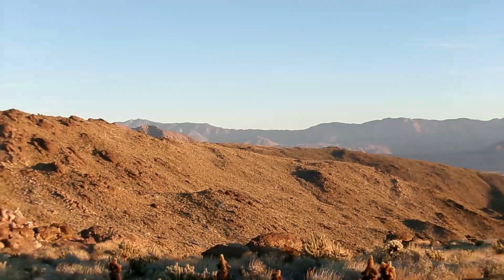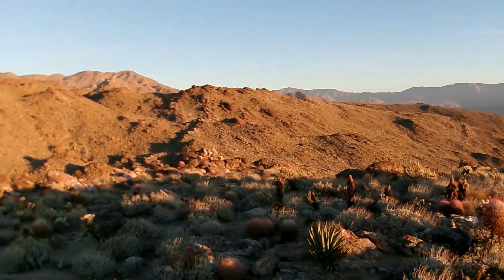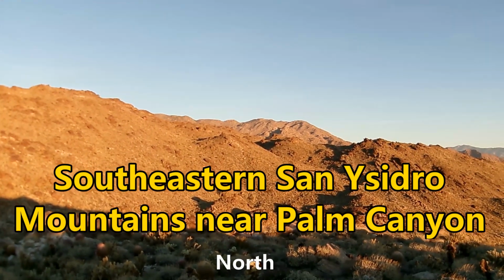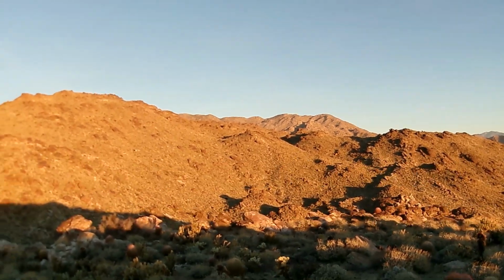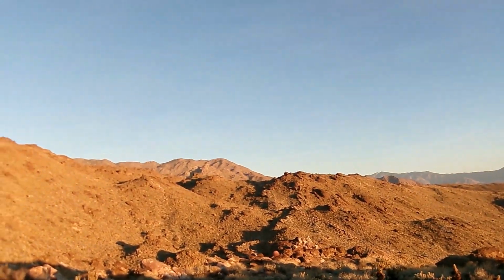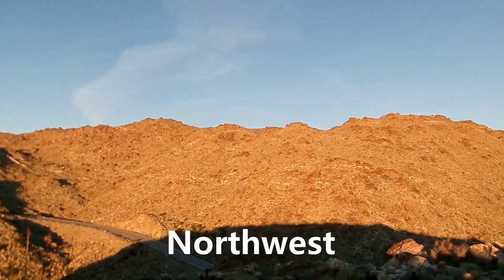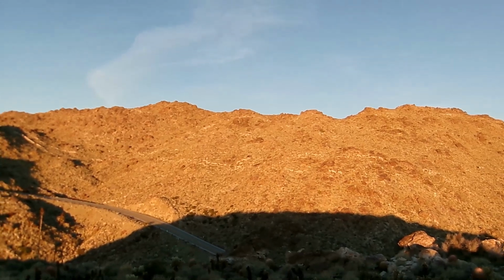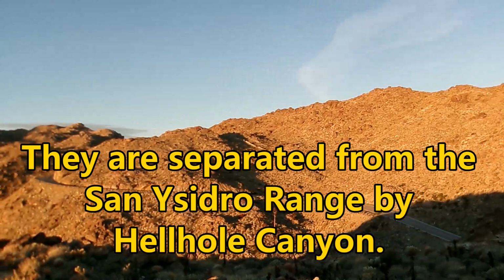So let's go ahead and I can zoom back to some closer areas. And it looks like we're looking towards the San Ysidro Mountains right over there. Those are the San Ysidro Mountains, the higher mountains in the background. And that's looking more north right now. And then we'll swing it around to the northwest and more of this small range of hills. I'm pretty sure these are separate from the San Ysidros, but pretty close to them. And then of course looking west